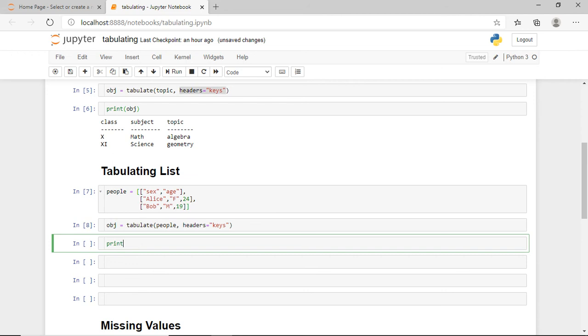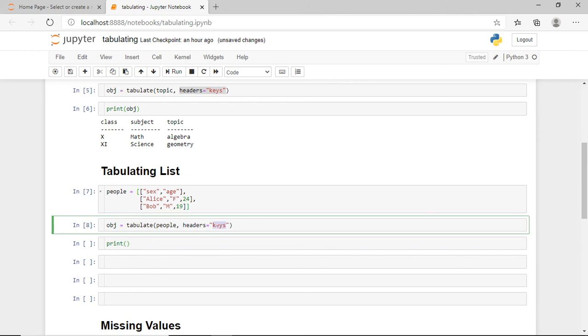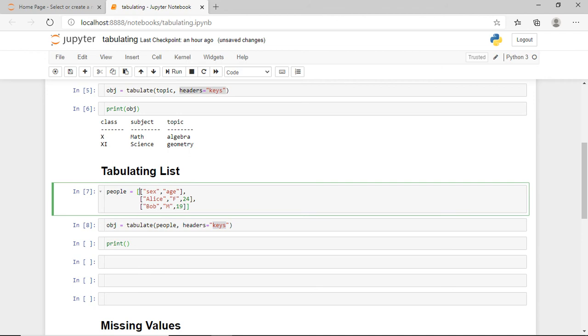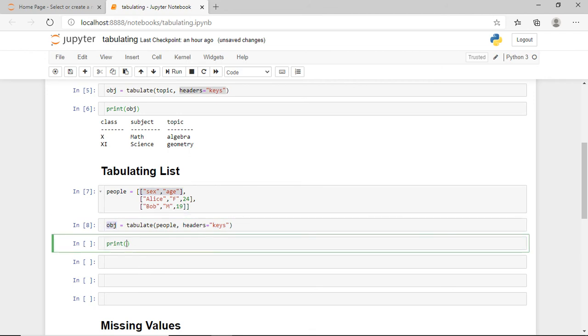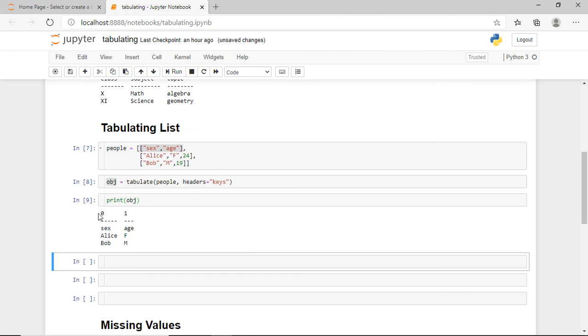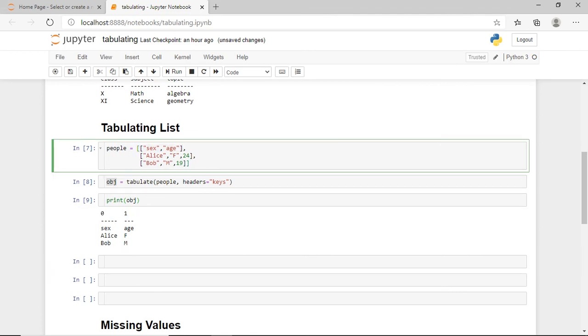But here we don't want to use the keys as the header, because it's not a dictionary, it's a list. We want the first row to be presented as the header. So let's print again, and it's now using the list indices.